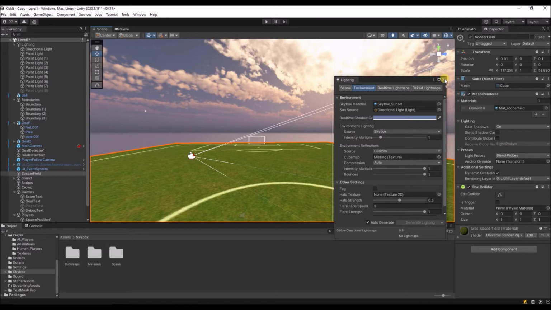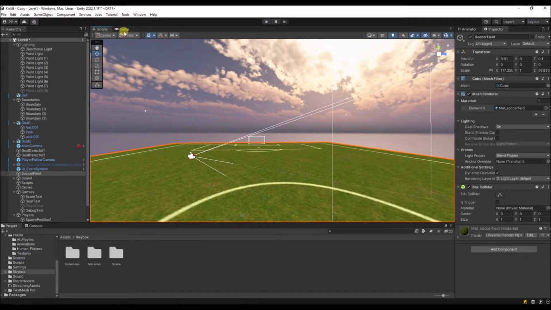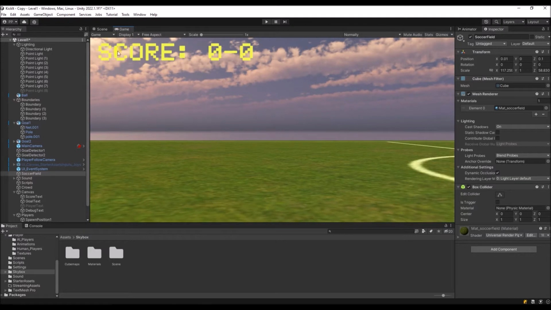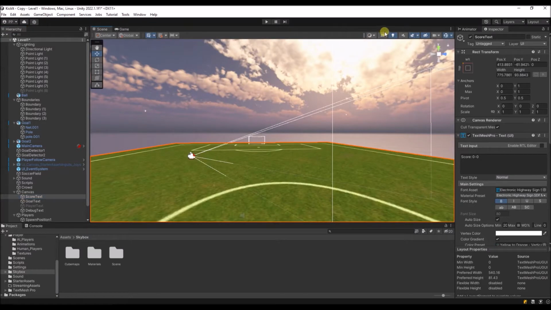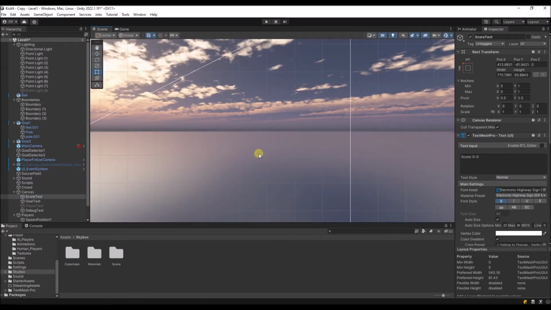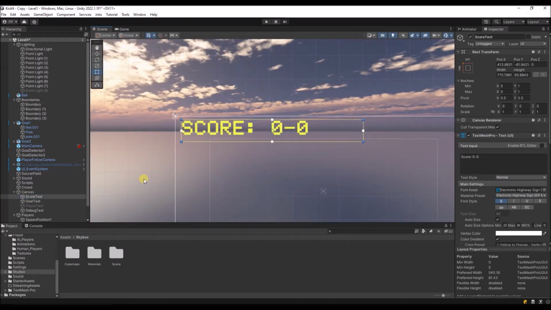Another thing which I'm not very happy about at the moment is the text. Okay, this was funny, but now I want to have a real text. So I will go to scene and to 2D, hit Shift and F